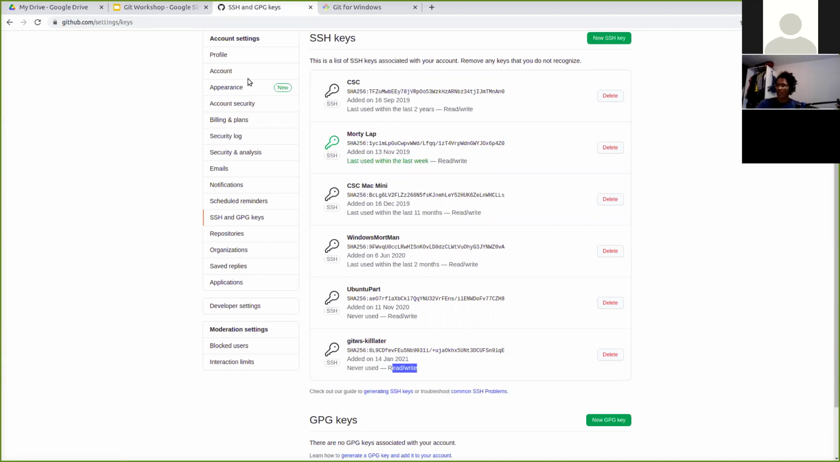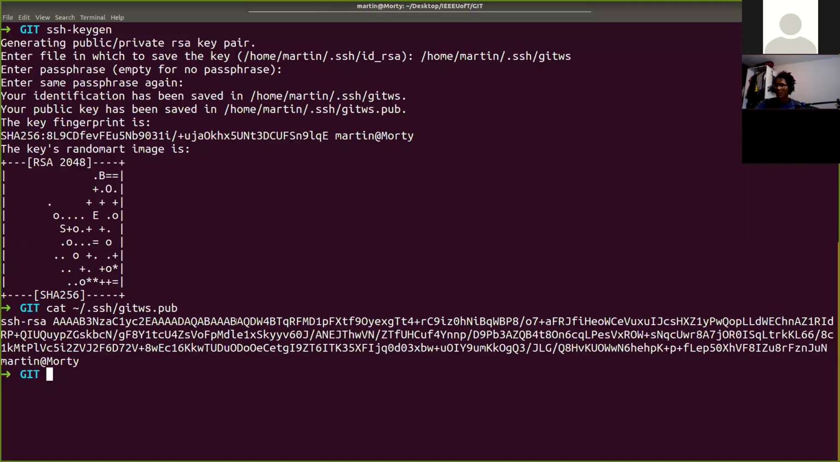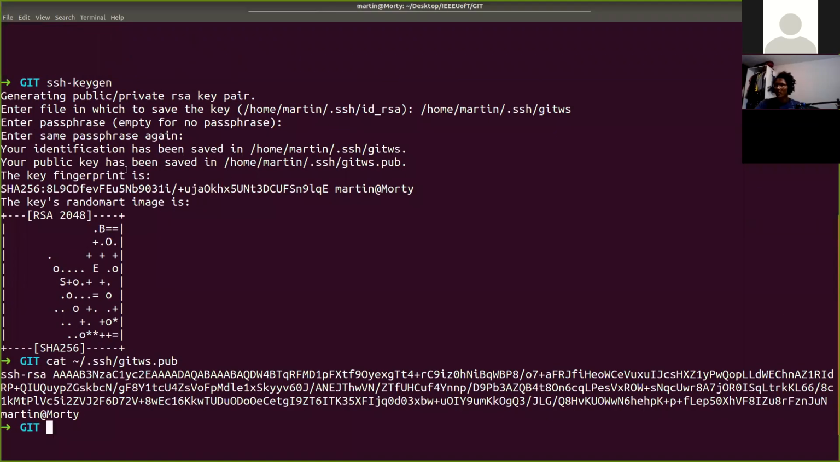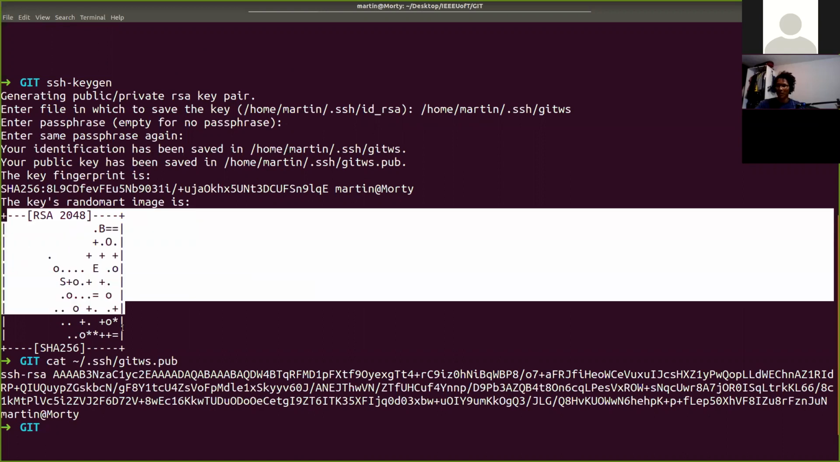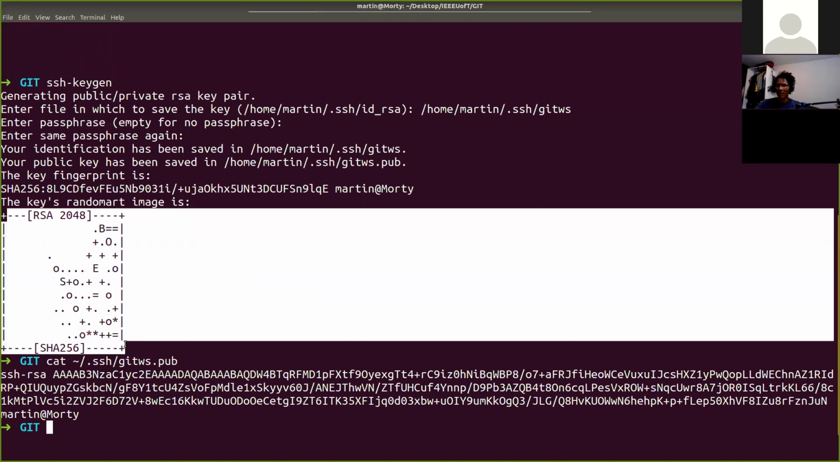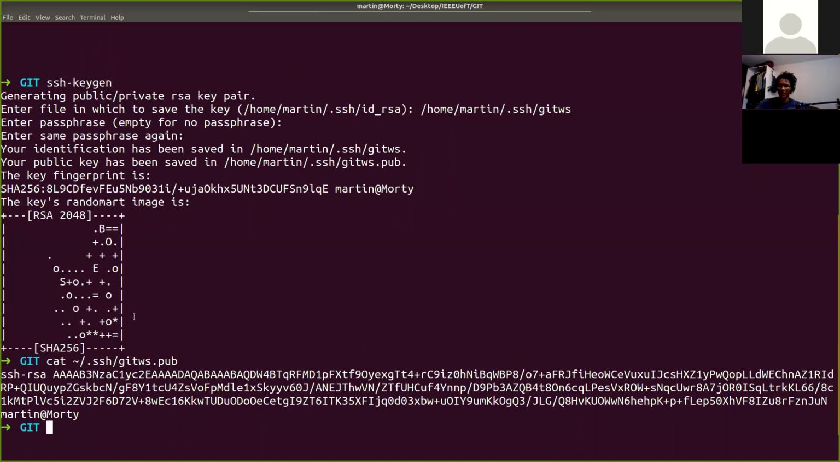Let me bring back up the terminal. If you're on this stage right over here, where you're asked to enter a passphrase, just enter no passphrase and then hit enter again. Then you'll end up with this sort of graphic indicating what your key is, represented in some kind of image. And then you can check to see if the key is available by